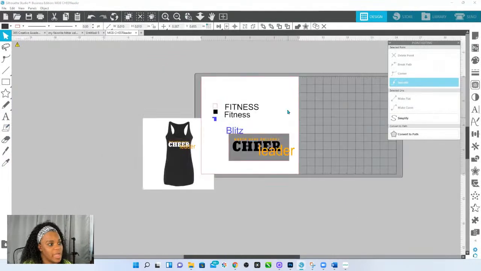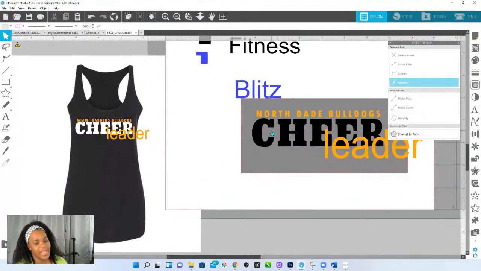Cheer. Actually, I think my font was messed up on this one. I love looking at this one in the preview because it has the real font. This one over here, I have no idea what this font was, and it's not on my computer anymore. But selling it to them, nothing fancy. Miami Gardens Bulldogs, cheer, and then it said leader in whatever font that was, because this isn't the true font.